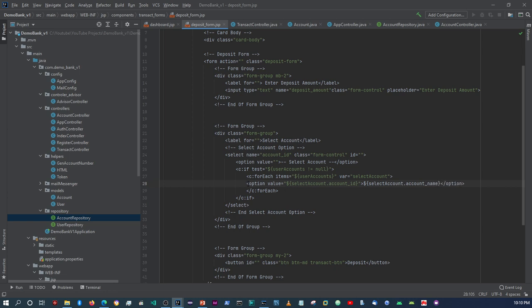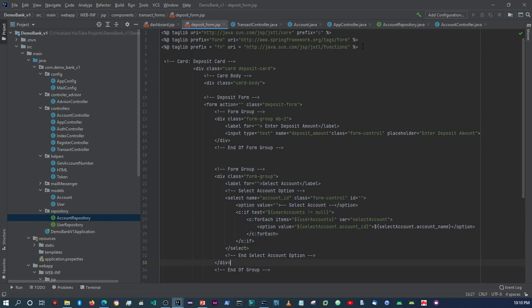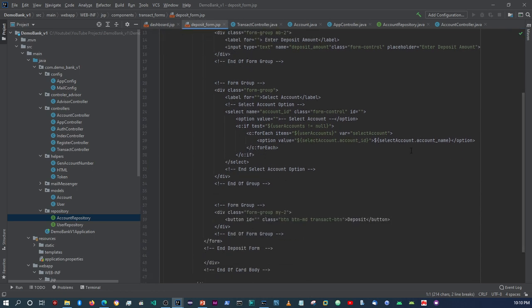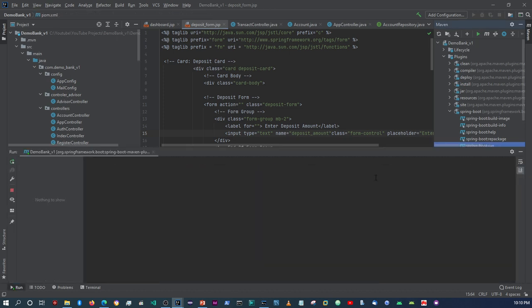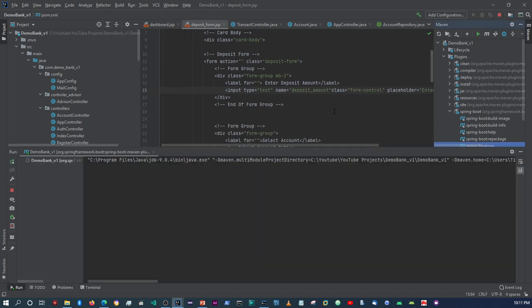okay, so this should loop. It's gonna give us the account ID. That's the value that we're gonna get, and then here it should only display the name. So before we do anything else, let's just check and see if this is displaying accordingly. All right. By the way, make sure you have this tag within the. If you created this component the way I did, make sure you have this value as it is. I mean, sorry. If you want to use the C tags, just make sure you have that at the top there. All right. So let's deploy this, and then let's see if it does show our accounts that are